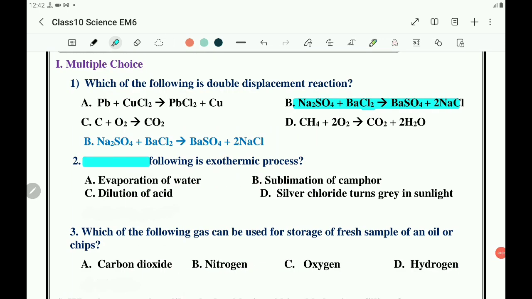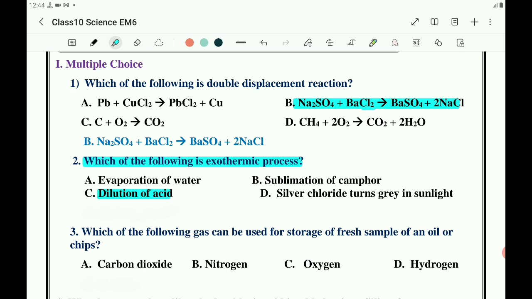Second question, which of the following is exothermic process? Exothermic process is a chemical reaction in which the heat is evolved, and you know that evaporation of water absorbs the heat, sublimation of camphor also absorbs the heat, and dilution of acid. Diluting the acid means dilution of acid is decreasing the concentration of solute or decreasing the concentration of hydrogen ion of the acid by